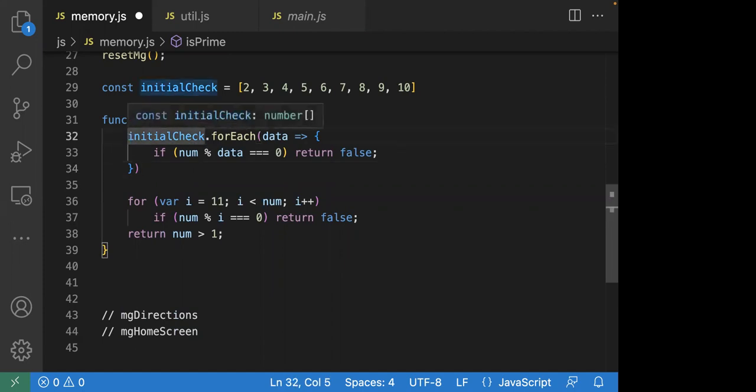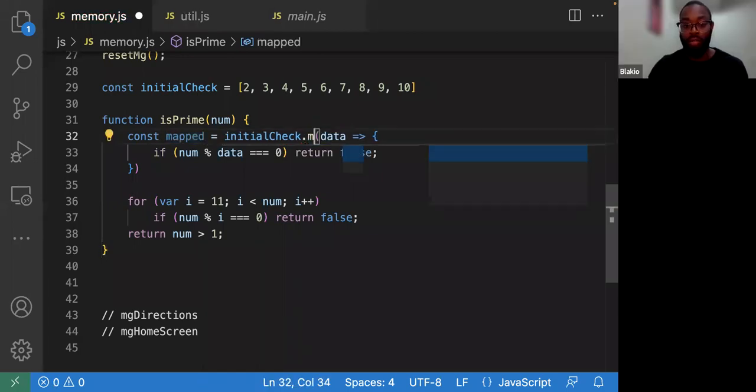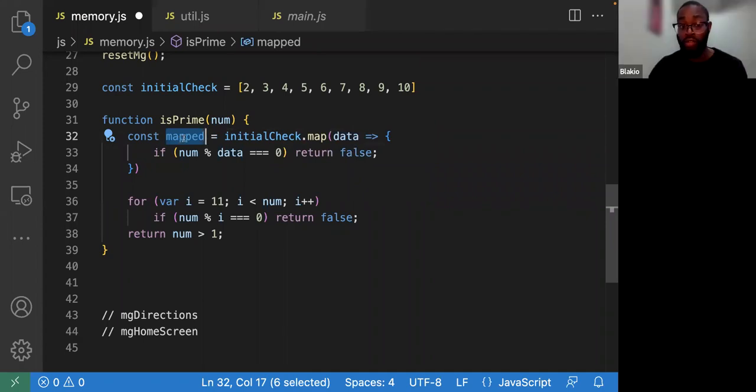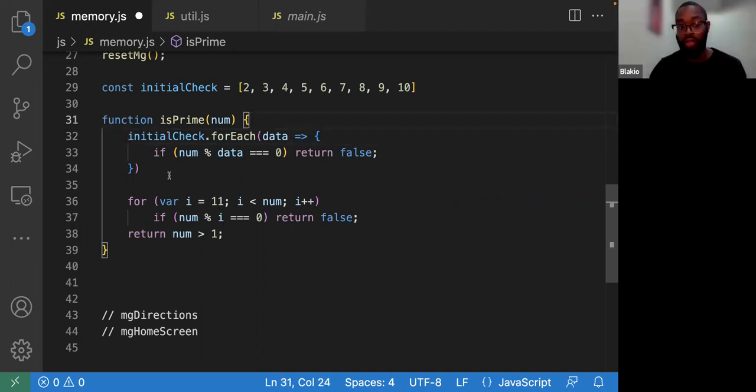Usually I use map because it returns something. So 9 times out of 10, I just throw map in there. Do you set it equal to something like this? Yes, I either do that or I would just return it straight. As long as you use the variable that you set it equal to, then that's fine. But if I ain't using it, then I don't really need it. It's overkill. It's not going to hurt, though.